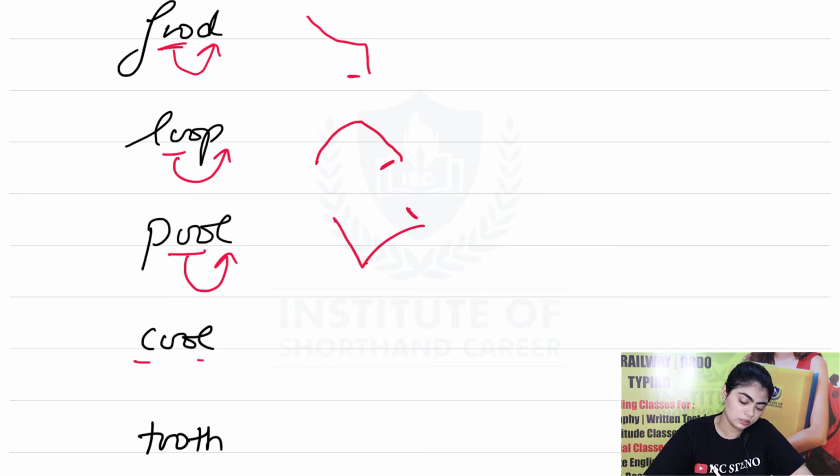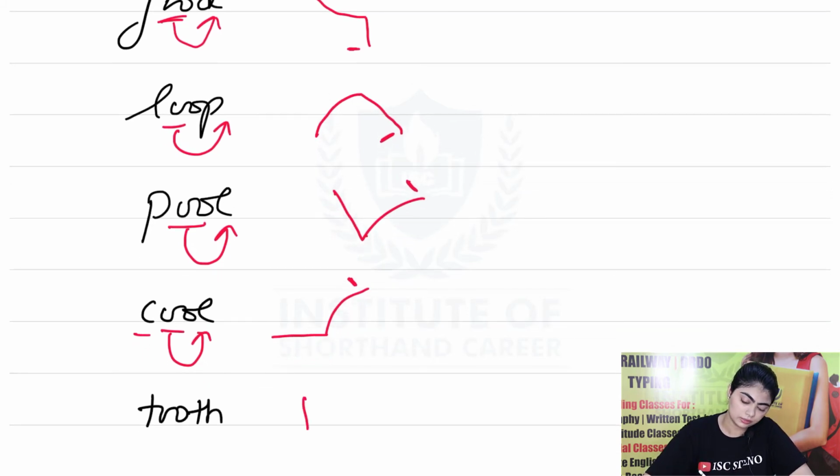Next is cool, K and L. Just make it K below the line and L like this, crossing the line, showing that it's below line, okay. So oo would be placed on L's third place over here. This is cool. Next is tooth, T and TH. So T and TH. Oo sound is placed on TH's third place and before TH. This is tooth.